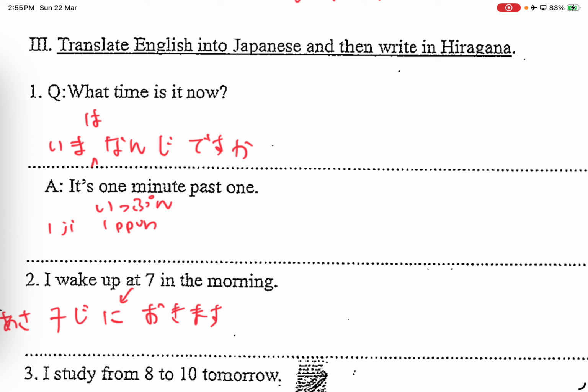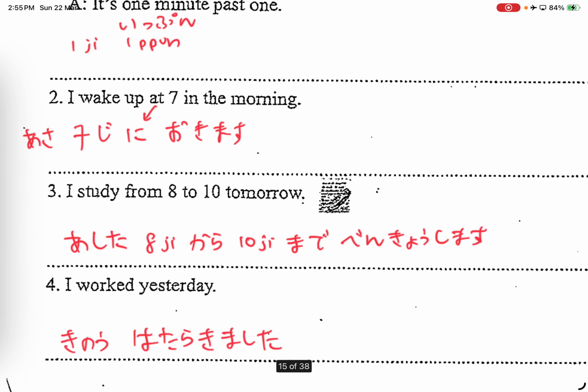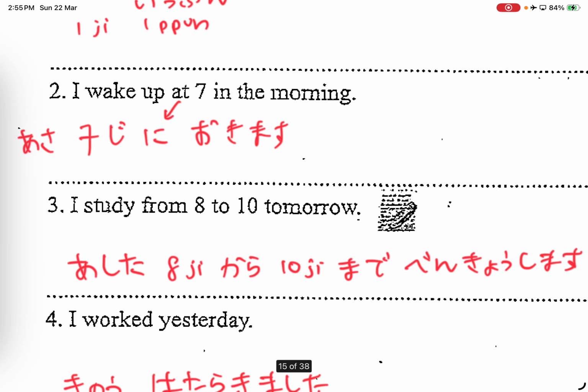If you don't want to emphasize right now, you want to emphasize more about the nanji, the what time question, then we don't need the wa. So I'll leave the wa as optional. It is 1 minute past 1. 1時1分です。